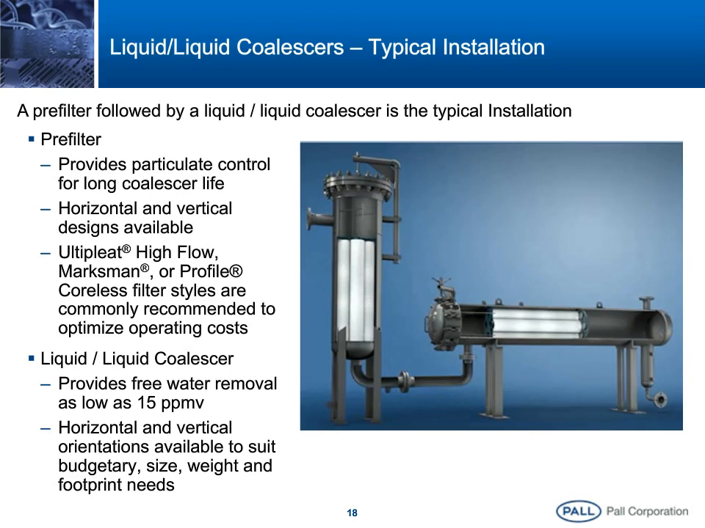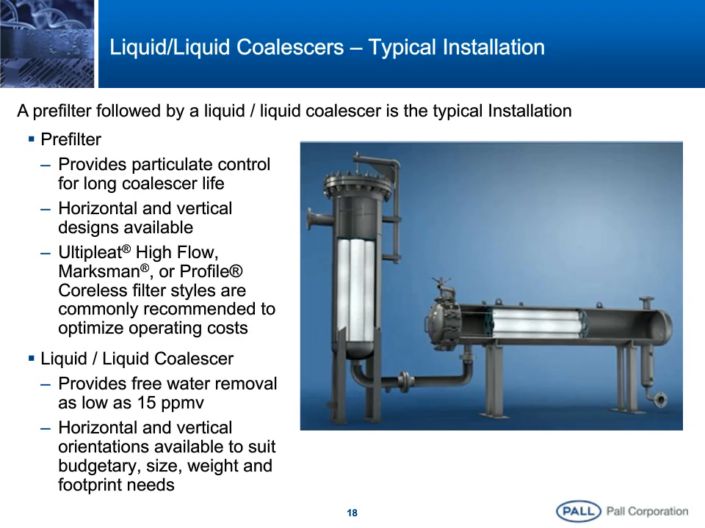A typical installation of an effective liquid-liquid coalescer system includes a pre-filter followed by a liquid-liquid coalescer. The pre-filter is there to provide particulate control for long coalescer life. These can be either a horizontal or vertical orientation. Examples from Pall Corporation include Ultipleat High Flow, Marksman, Profile, or coreless filter styles, providing effective particulate control